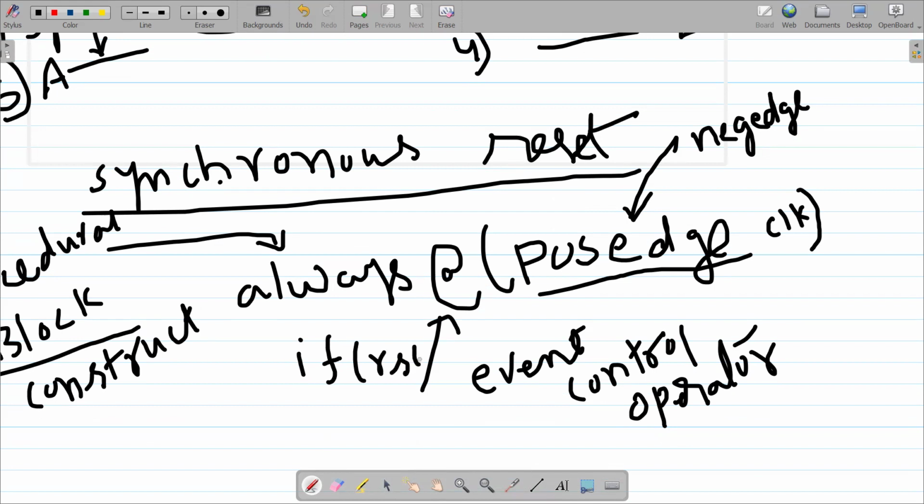If reset, if you are writing, it means what? If reset equal to equal. This is the equivalence checking operator, not the assignment operator. Double equal means you are checking whether this reset is equal to 1, so it is an equivalence check operator, not an assignment operator. So simply writing if reset means that it is equal to this statement. So it means what? This is active